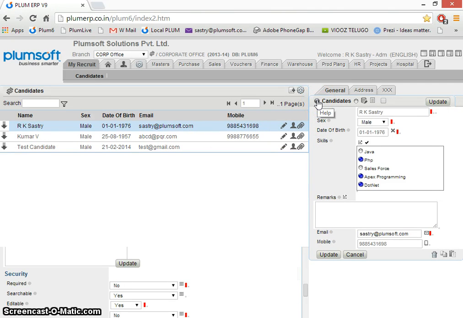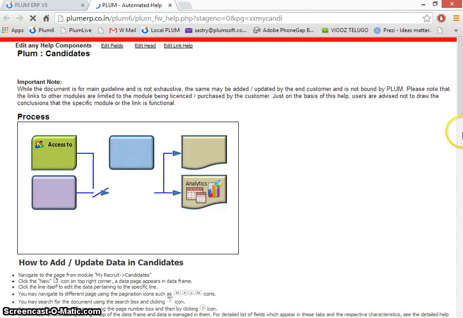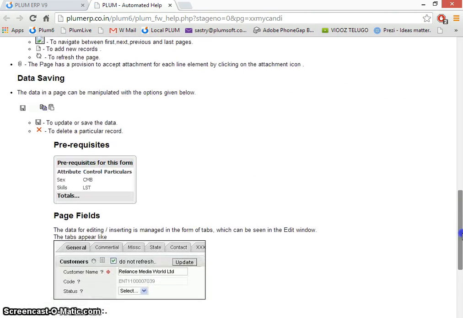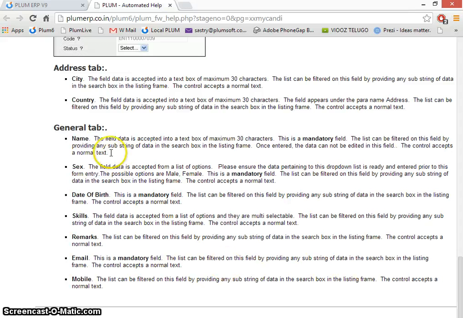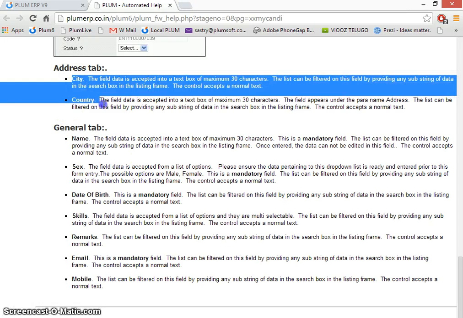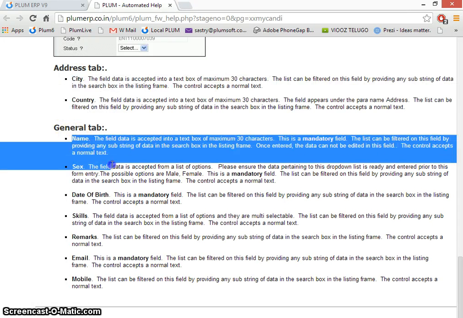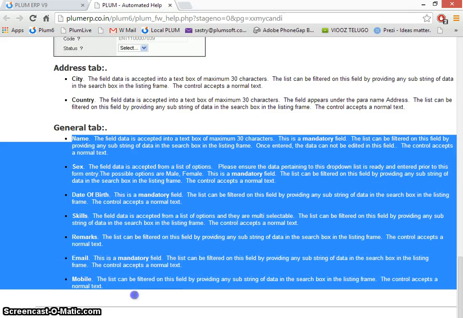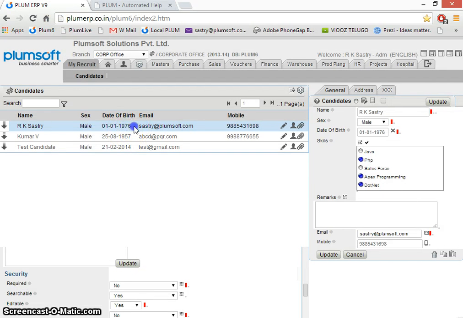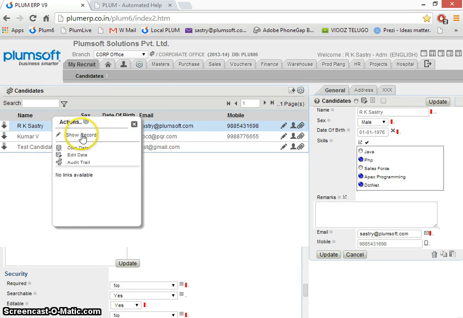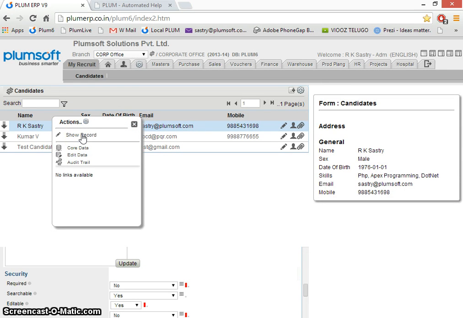Let us just for a while go back to the help. You will notice the application has written an auto help, and you will see in the address tab, city, country, they are all there. In the name tab, sex, date of birth, skills. That means this first help has already been created, and any record you can just double click, you get the details, you just tell the machine show me the record. Yep, it is there.